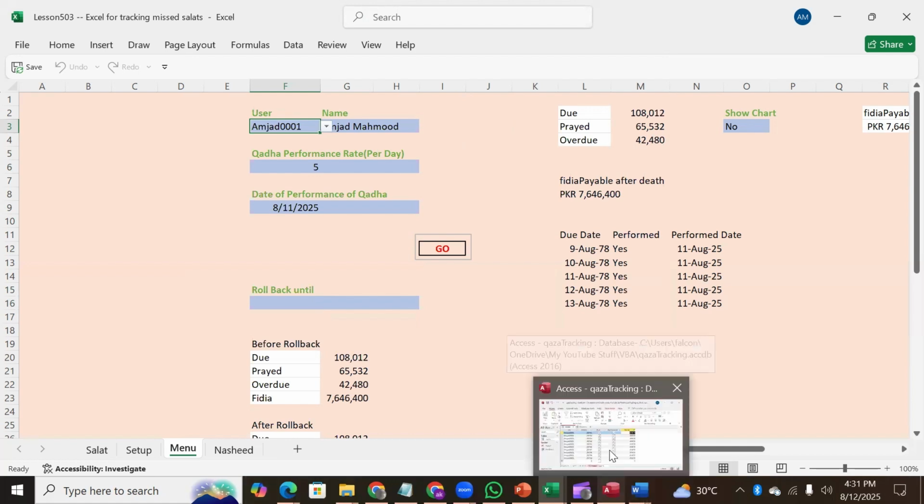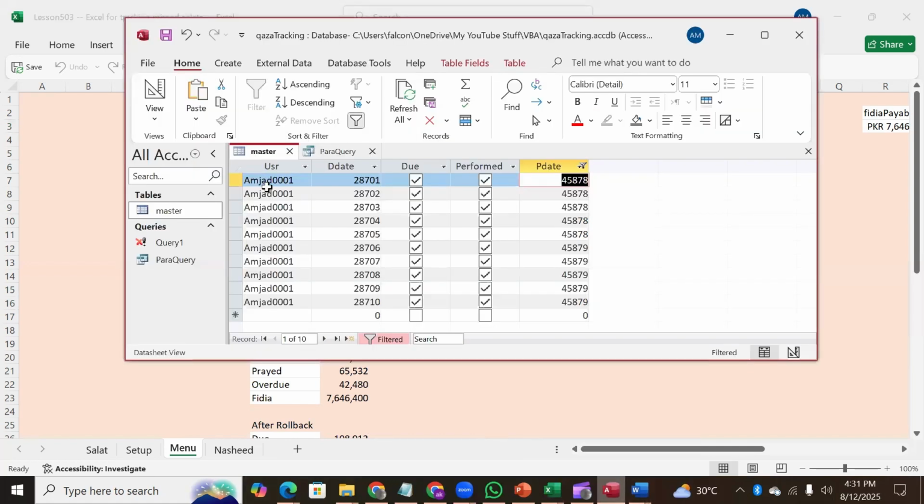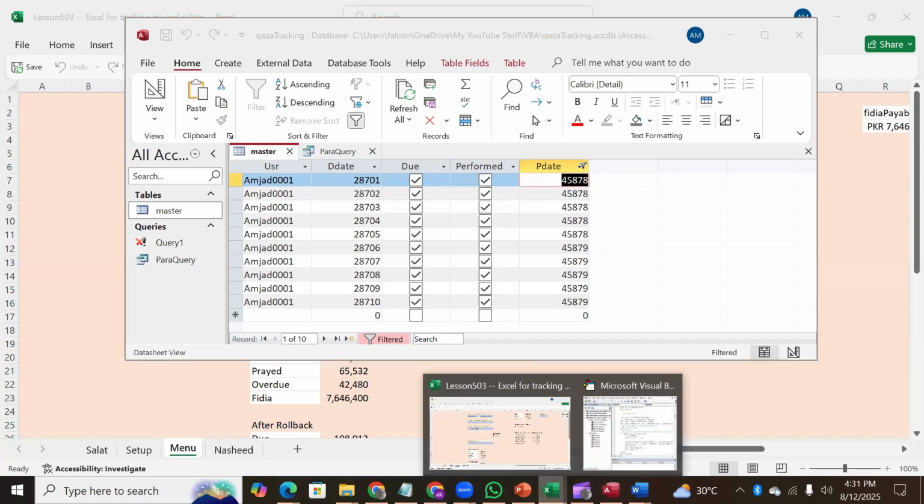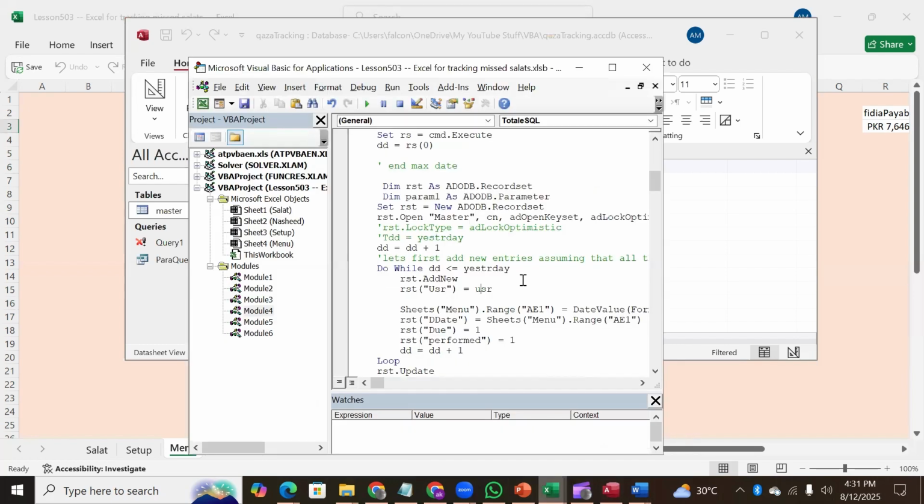If you see the table, this is the user reference, right? So it is checking. The SQL which is mentioned here says where the username, the user ID, is this, right? So in the master, here you are saying that if the user is equal to this user,